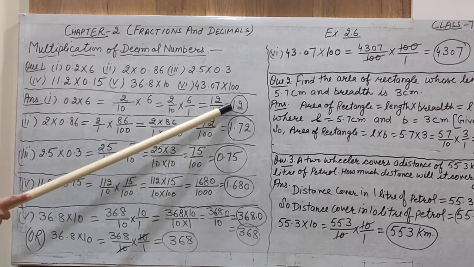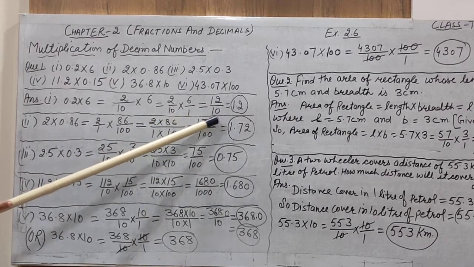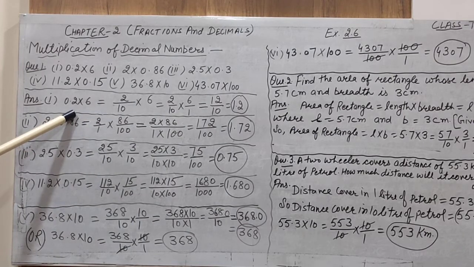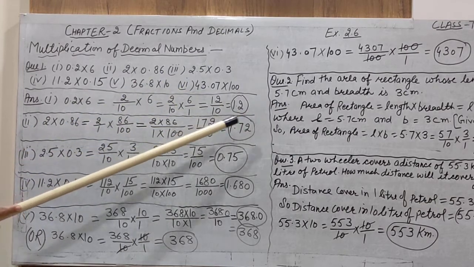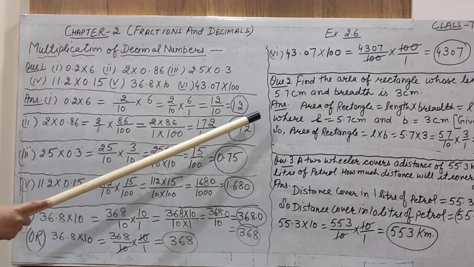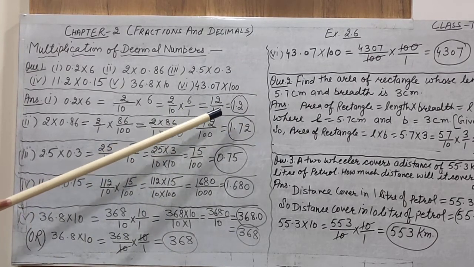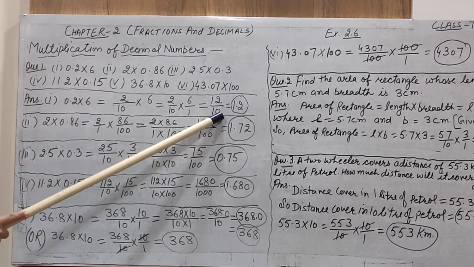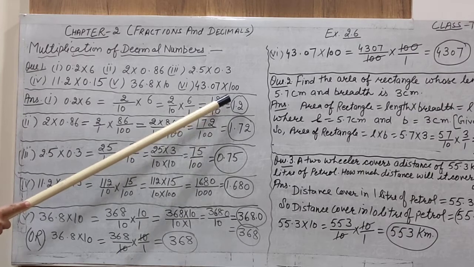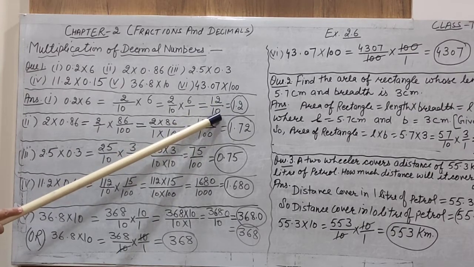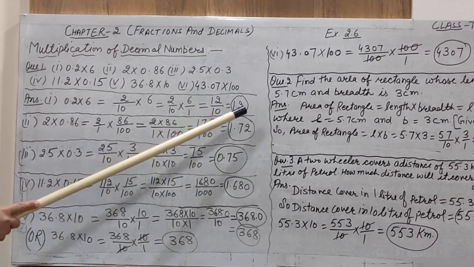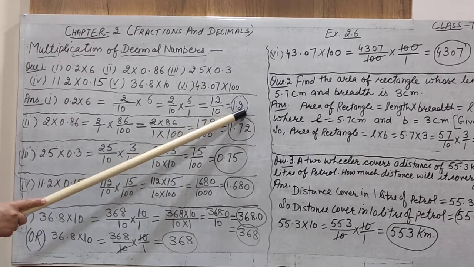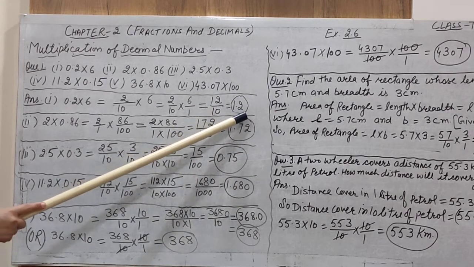Now, the answer is not given in the form of a fractional number. This is the process used to multiply two numbers in which one is a decimal and the second is a whole number. You must give all the answers in decimal form. Now change this fractional number again into a decimal number. And how we can change? You have to count the zeros in the denominator and move from the right hand side. There is only one 0 in the denominator. So counting from the right hand side, you leave 2 and place a decimal between 1 and 2. Alright, so the result is 1.2.